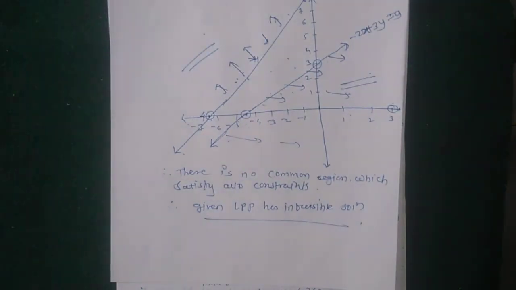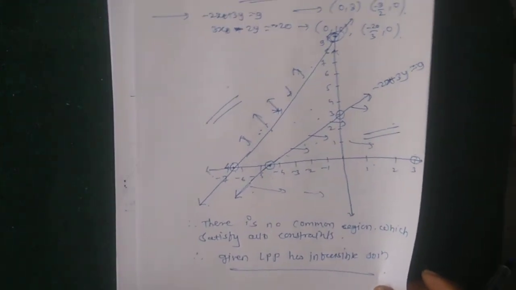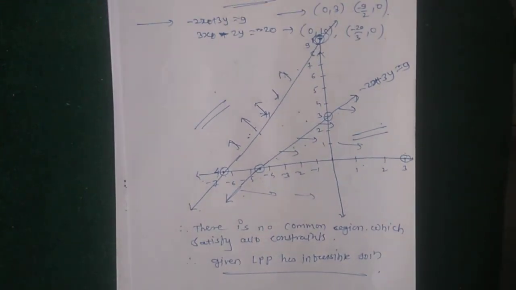Okay, in this way our three conditions: first, if the graph is bounded, then it has an optimal solution. Then unbounded: if the region is unbounded and the objective function is minimum type, then the given LPP may have a solution. But when the region is unbounded and the objective function is maximum type, then the given LPP may not have a solution. Okay, and next is alternative solution. Okay, alternative and infeasible solution.